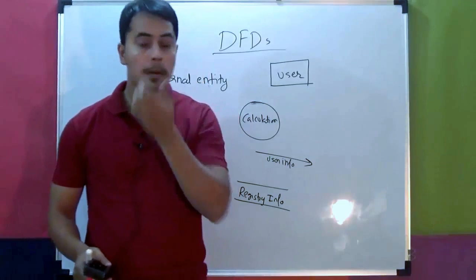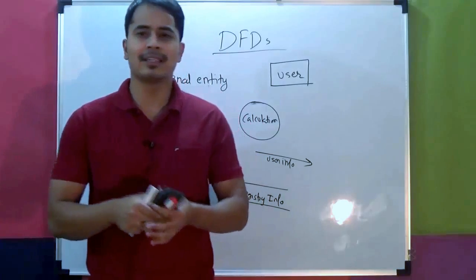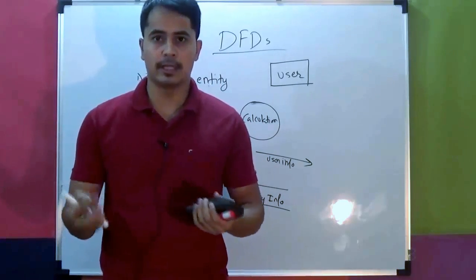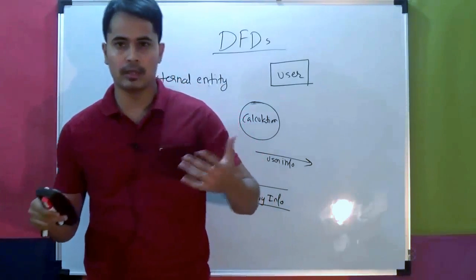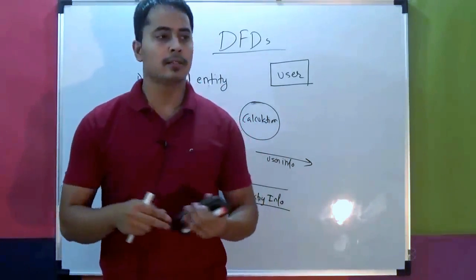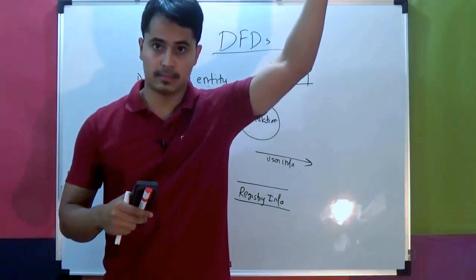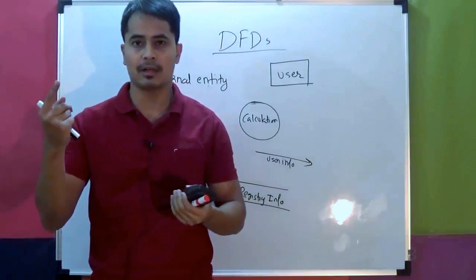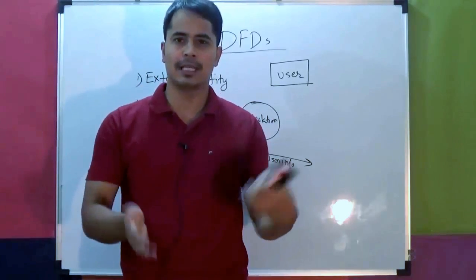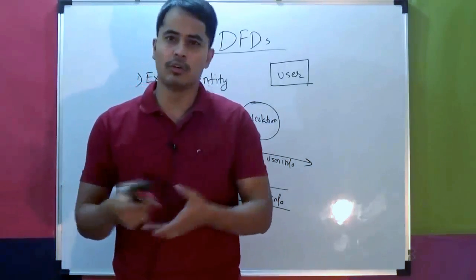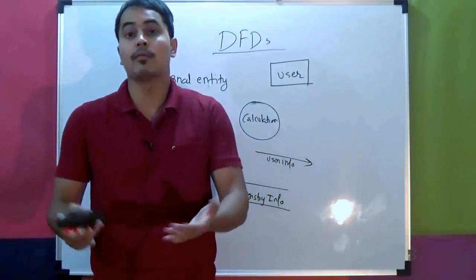And how exactly is hardware going to be in this? Yeah. For example, your sensors. For example, a security software needs to be created for a shopping mall, which analyzes the patterns of people, whether there are any thieves or something like that. So for that software, the data comes from your CCTV cameras. Or sometimes the temperature is sensed, or even your smartphones. For your smartphone, there are sensors like accelerometer, gyroscope, compass. So in that case, they provide data to the software. So that way they become your external entity.